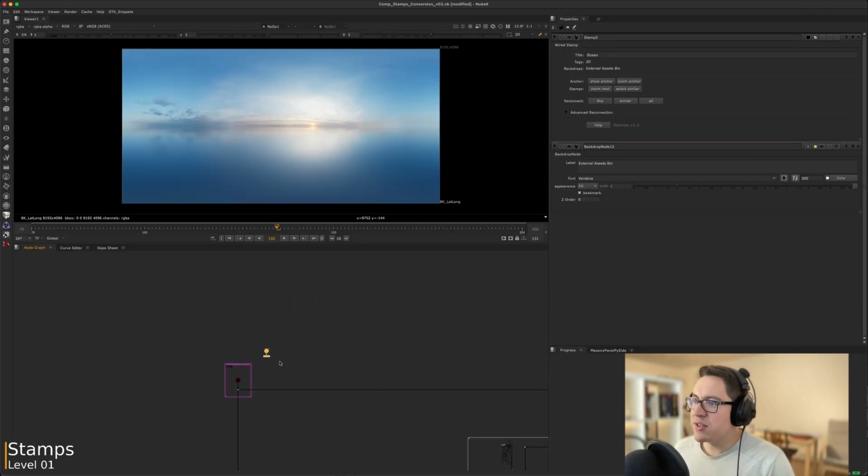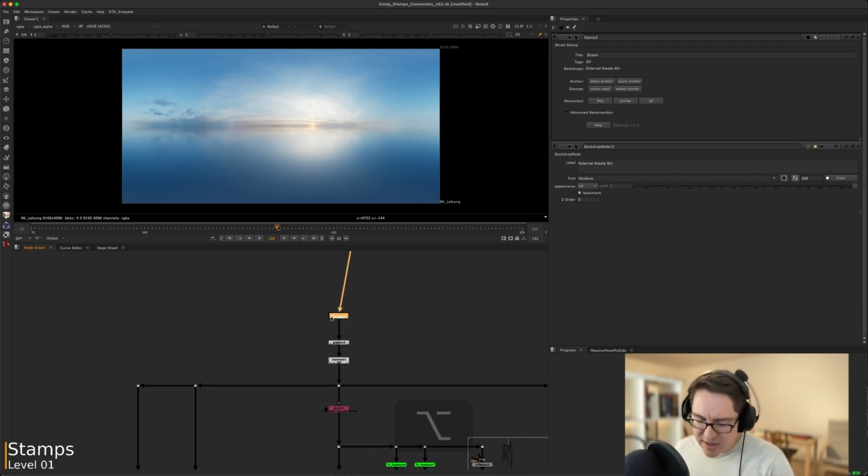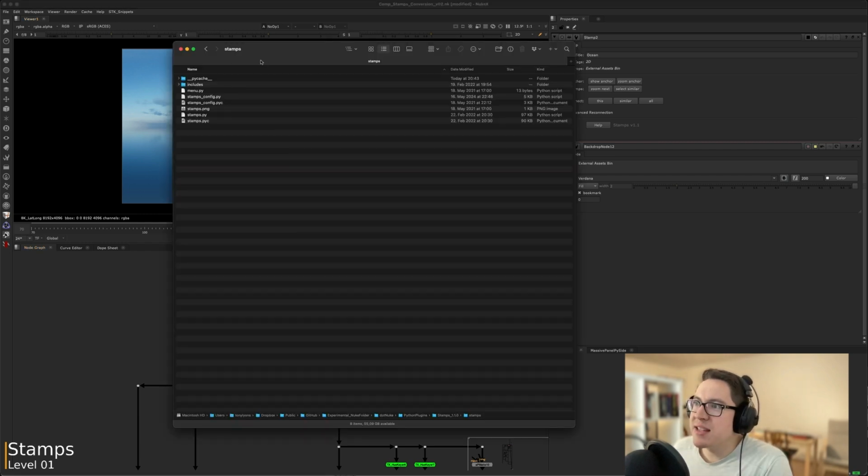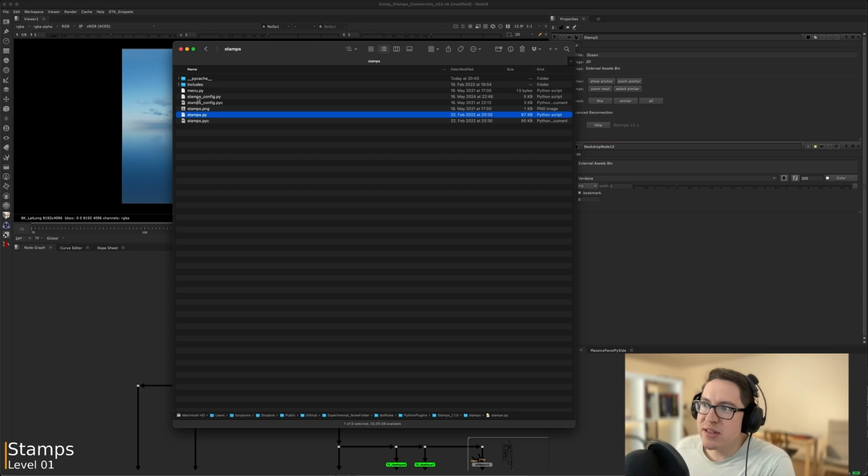And another thing to mention is I'm using the NoOp version of stamps. So sometimes stamps are default postage stamp, I think right now. NoOps cannot become postage stamps. And let me just find out so you know where to change that, because it could potentially break some sort of concatenation if you're using a postage stamp. So here I'm in my stamps folder, and inside the stamps folder we have stamps.py and we have